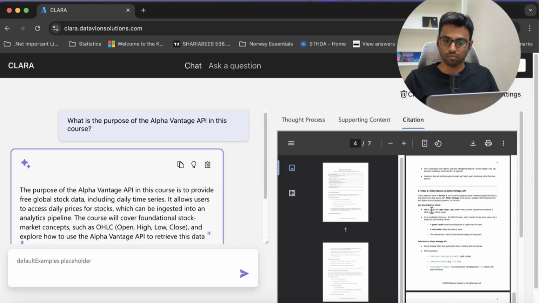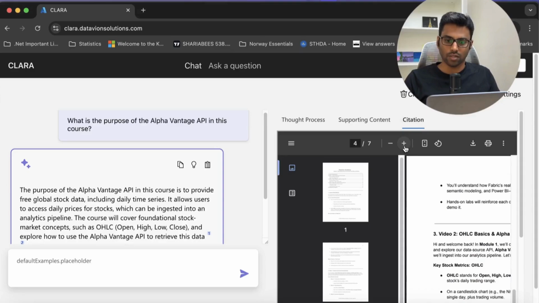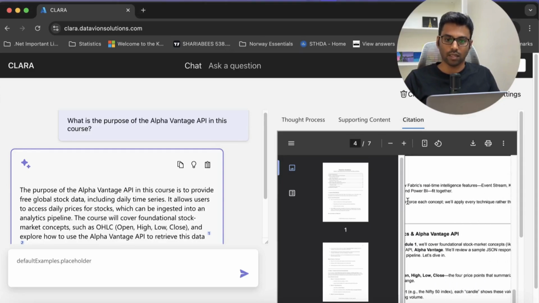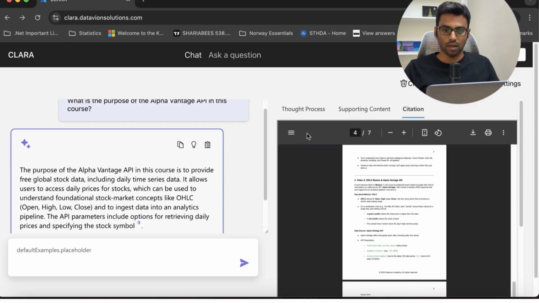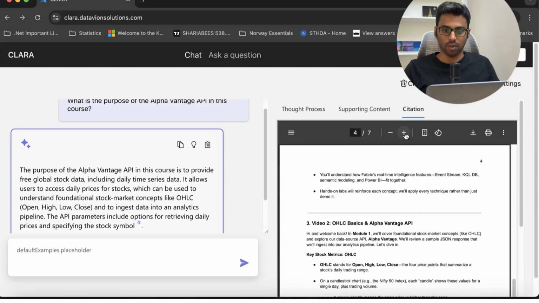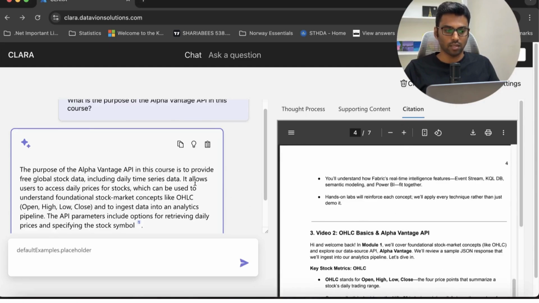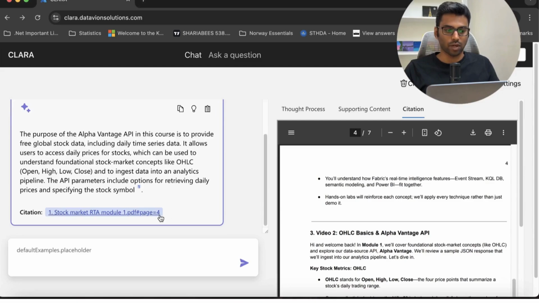As I mentioned, you can just maximize it, and I think this is best viewed in web rather than in mobile. And I think in mobile, loading the citation side by side is a bit not user friendly, I would say. Okay, in the web interface, at least it's readable, so you can always hide this, and then you can maximize the PDF content, and you can see the response is generated based on the page 4 content from